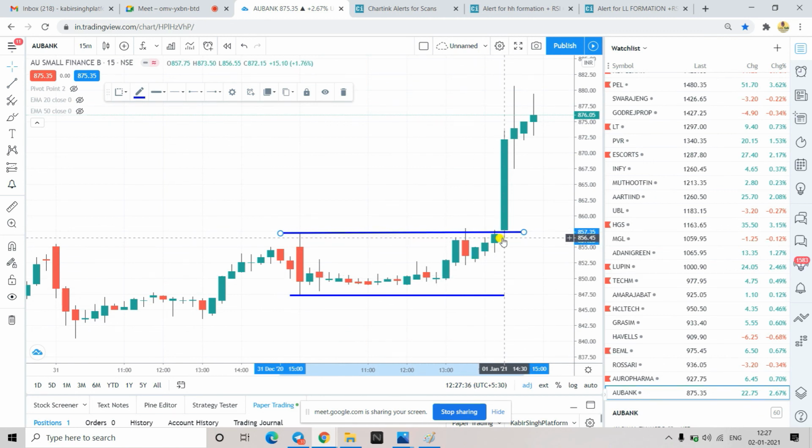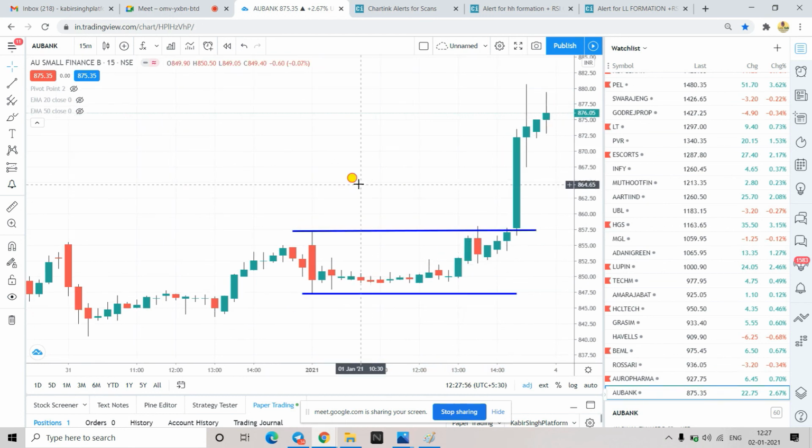Is it the right time to take the order? Yeah, you can enter. You only have one hour. See, if you have taken a good entry and it is moving like that, it will give you a good target, and you can close it around after 30 minutes or so, or whenever you get good profit, you can close it.